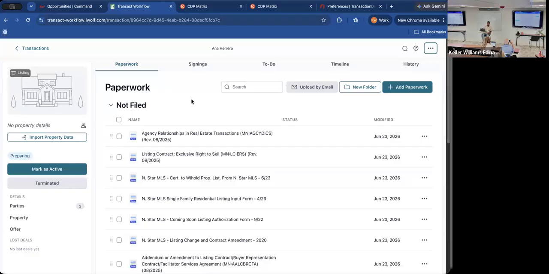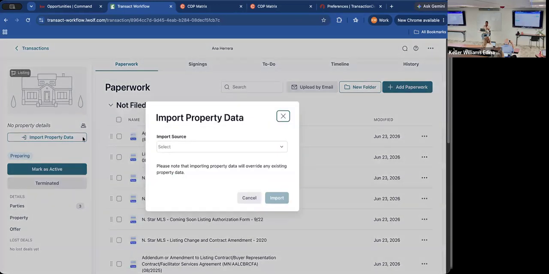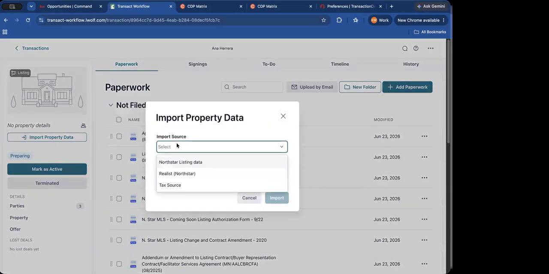Okay. So we've got our documents uploaded, and now what you're going to want to do is look on this left-hand side, and we're going to want to import all of the data from the MLS. So if I click on import data, you have 2 different